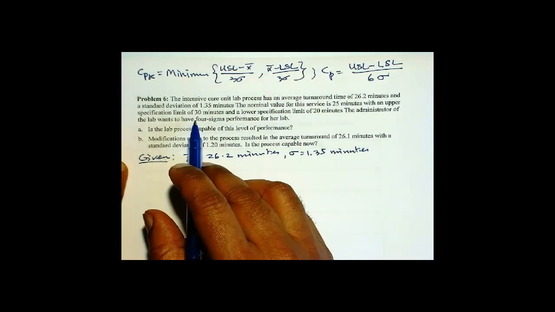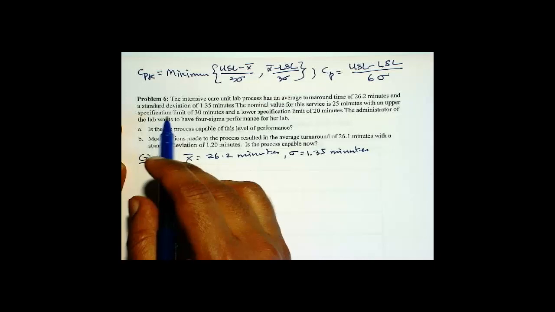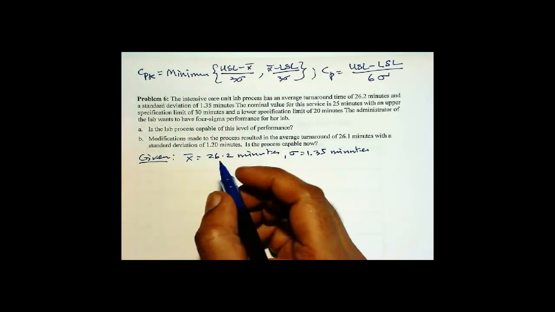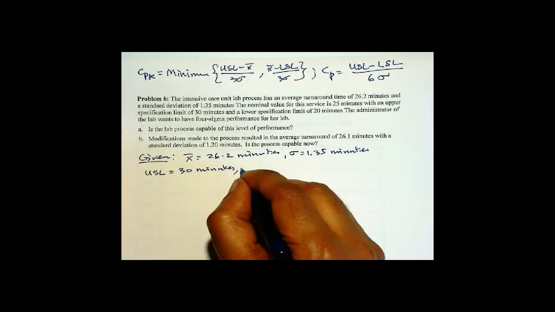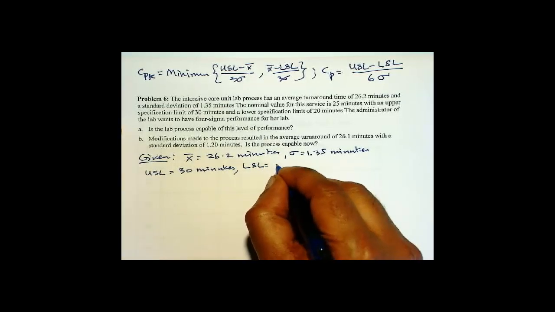Now with an upper specification limit and lower specification limit, so we have upper specification limit is 30 minutes and lower specification limit is 20 minutes,